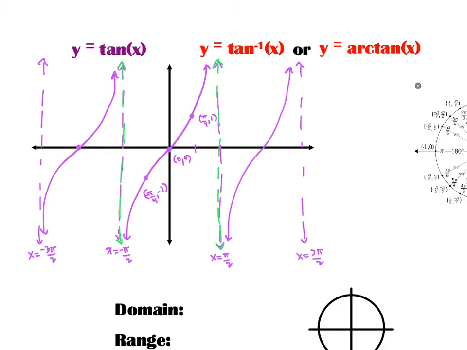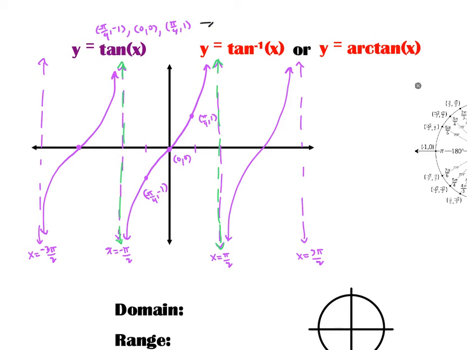So in between the green lines, we would have a function that passes the horizontal line test and the vertical line test. Therefore, we can now sketch the inverse by plotting these points in reverse order. So the points negative pi over 4 comma negative 1 and 0, 0 and pi over 4, 1